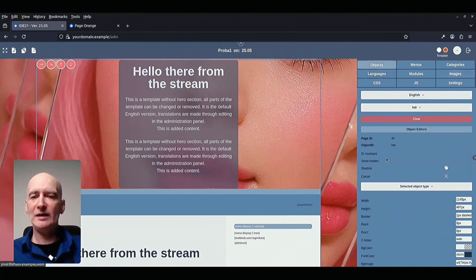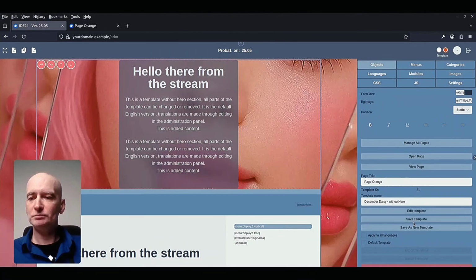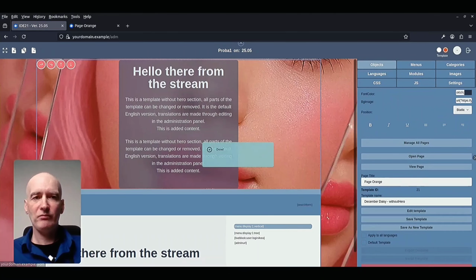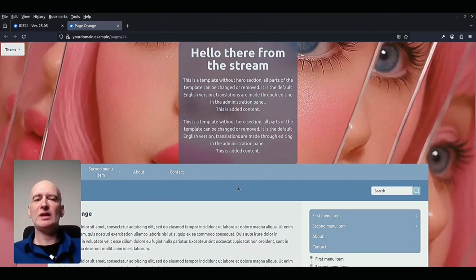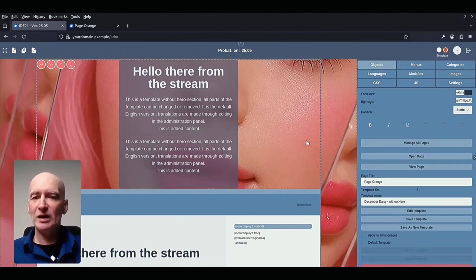Let's now save this. After I reload the orange page, you can see that this background is applied. And now I will for sure want to make this header section fill the entire height of the screen.